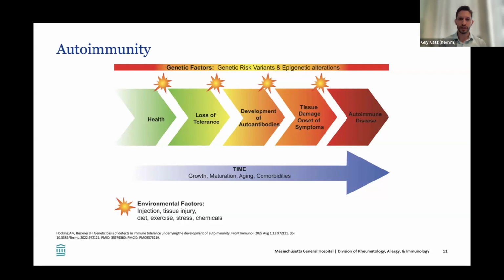But as we go through life, we encounter all kinds of environmental factors, and each one of these might influence or activate the immune system in a slightly different way. When you combine that with time, growth, maturation, aging, what happens is the immune system becomes activated in exactly the right way with the right combination of bad things happening, that loss of tolerance, which is the technical term for when the immune system stops recognizing its own cells as the individual as opposed to something foreign. That's what leads to the loss of tolerance. And that's the first step in the cascade that then leads to autoimmune disease and inflammation in the organs that are affected.